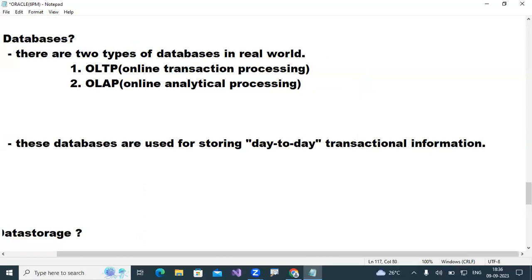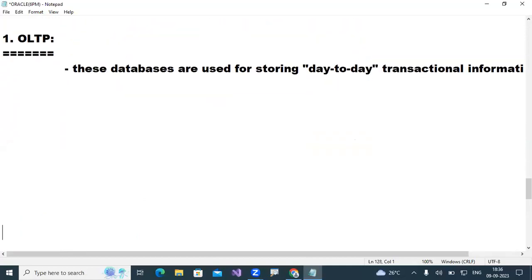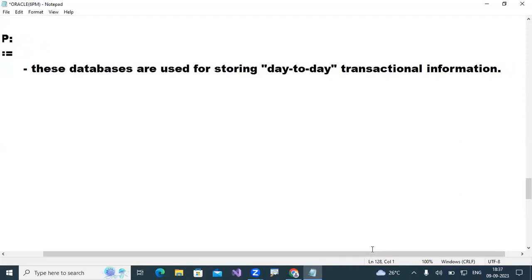Day to day transactional information I need to store.